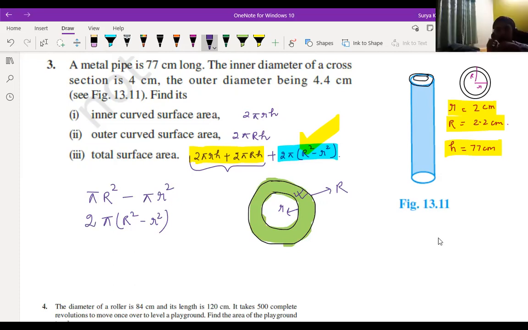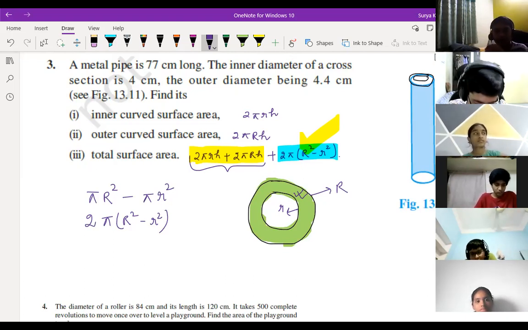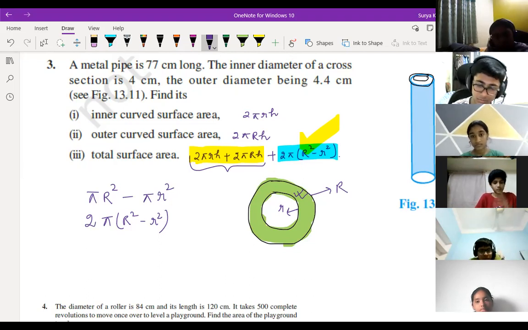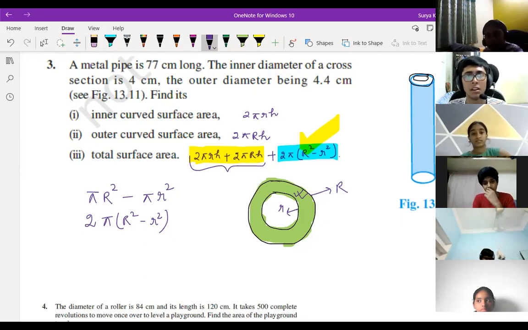Do you mean like in a cylinder there are two same ends, so that we are multiplying by 2? Yeah, because what you can see on the top, same thing you can see at the bottom also. Exactly. A cylinder is uniform, it's not up and down here and there. And a pipe you have seen, no? A thick pipe which is hollow from outside. You see the top part and the bottom part, both will remain the same, right? That area will not get changed. Okay, sir.